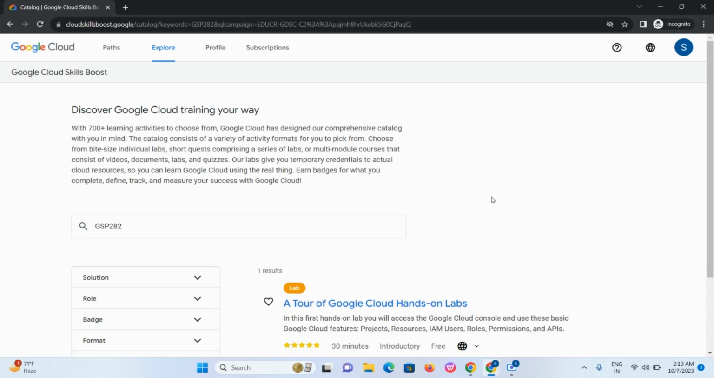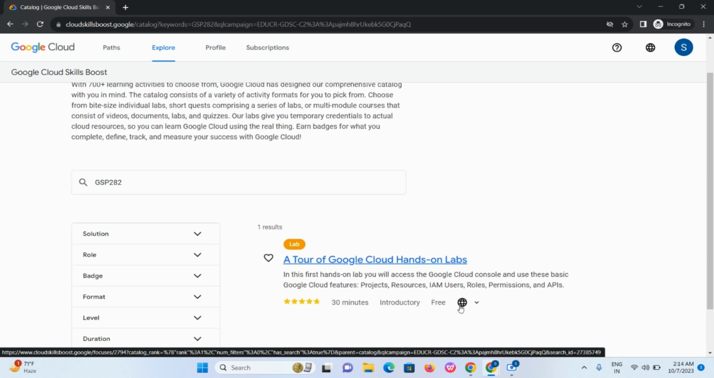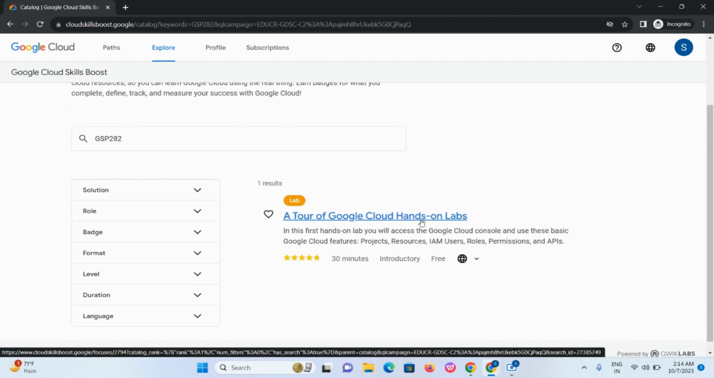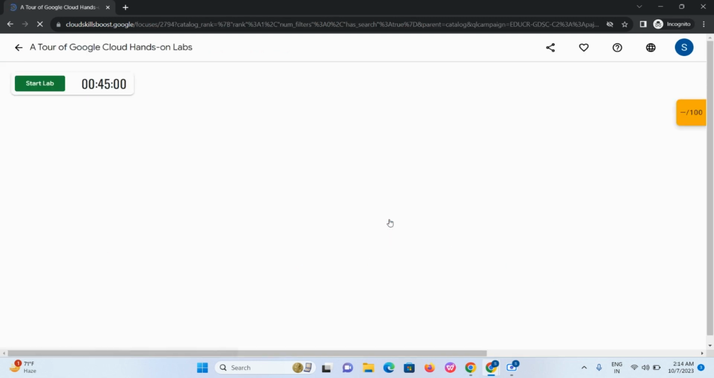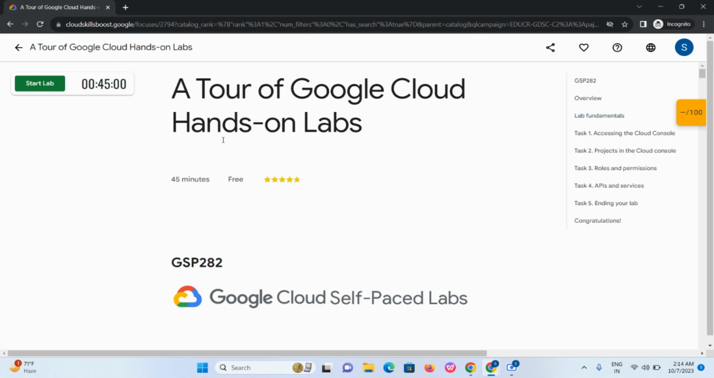Now we have to get the monthly subscription. To get the monthly subscription, we have to click on "A Tour of Google Cloud Hands-on Lab", which is given here. I hope you can see this. Just click on this lab, and it will redirect you to this page where you have to start the lab. I hope you can see on the left corner the Start Lab green box. Just click on that